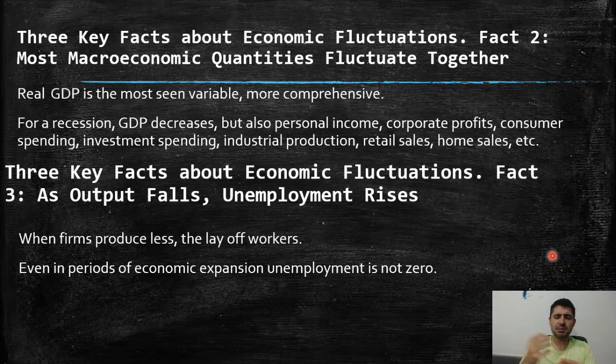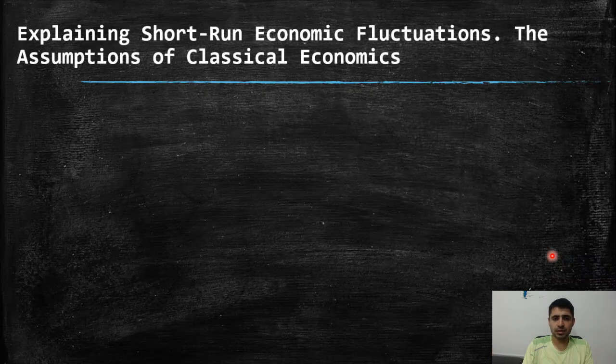This is basically because sometimes, when things fluctuate over time, maybe you are laid off from one job, or you quit one job and you start looking for another. So this is some normal period of time in which you're still looking for a job. So that is what we call the natural rate of unemployment. So it's never zero. Now we're going to talk about the short-run economic fluctuations,